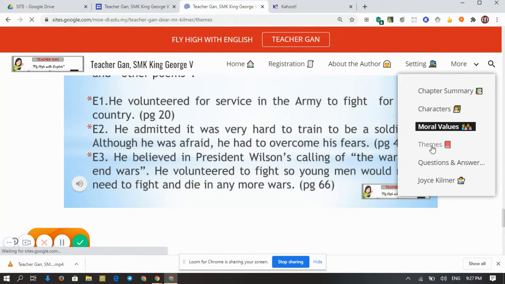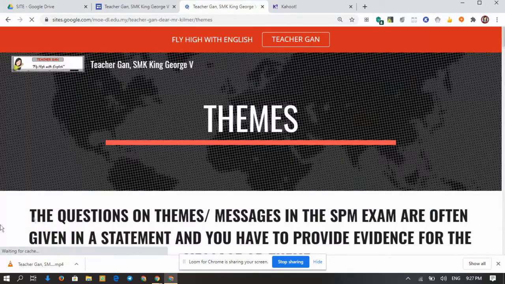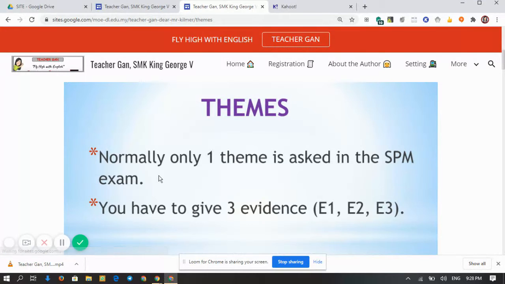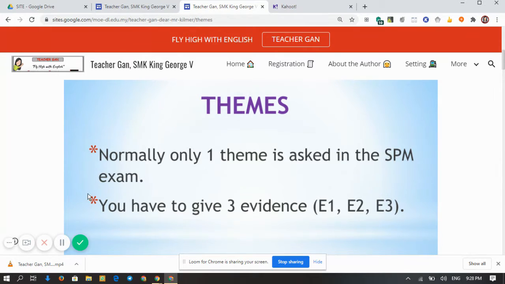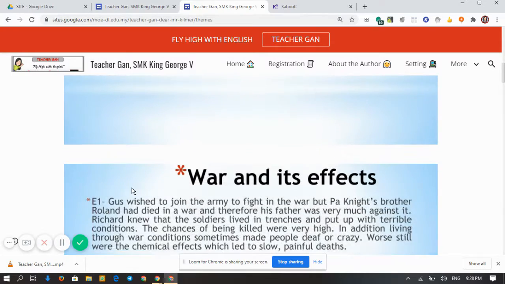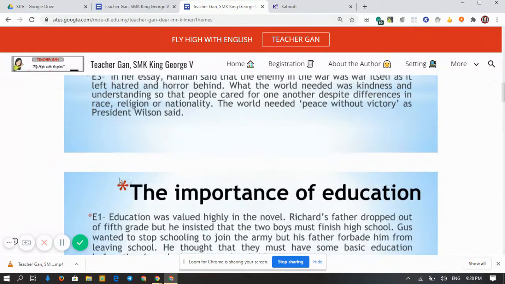Okay, the last one, sorry, it's not the last one. The next one will be theme or themes. For this, normally in the exam, only one theme is asked. Theme is also the same as message or messages. So students have to write about one theme and then they must give 3 evidence. The first one is war and its effects,